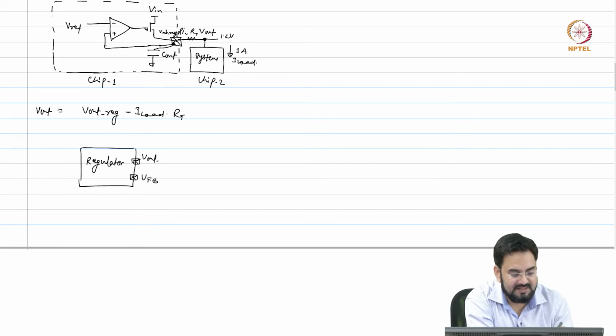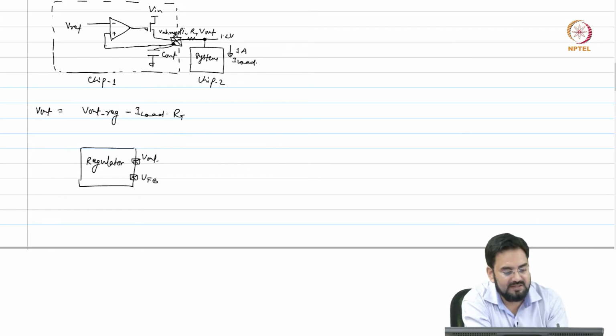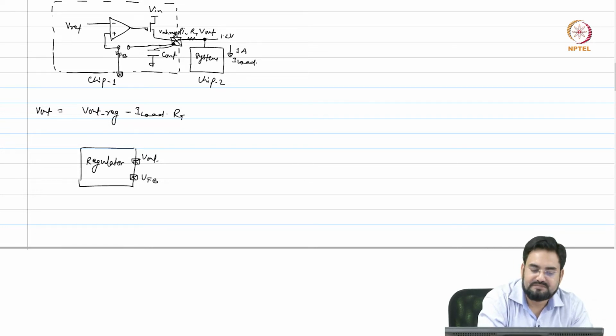So instead of connecting locally, you will leave it open. So this point will become VFB and will go to a separate pin.